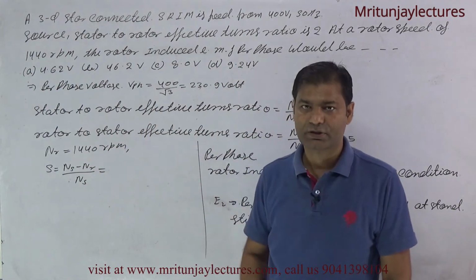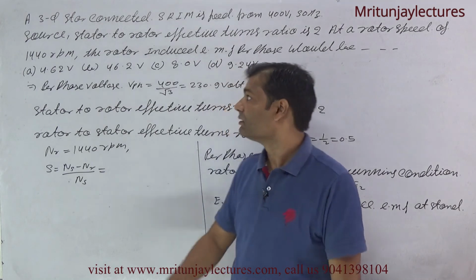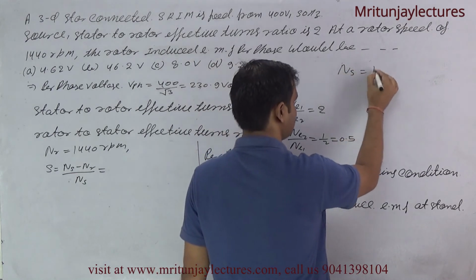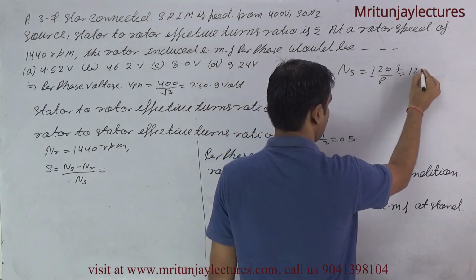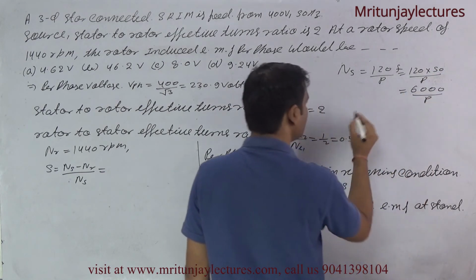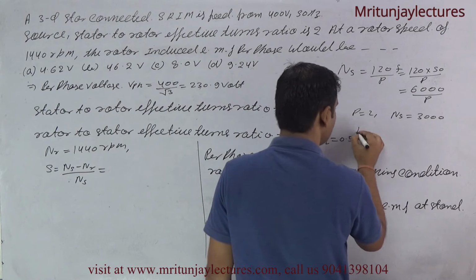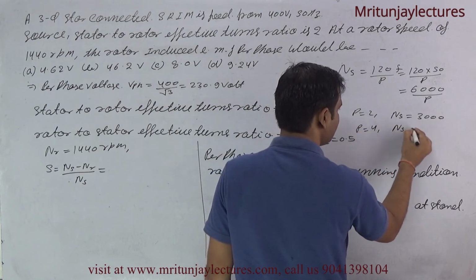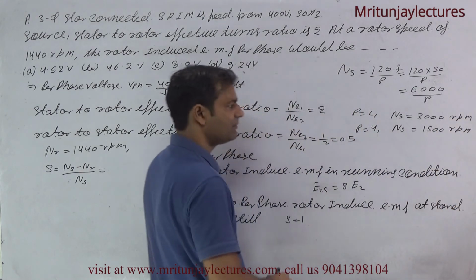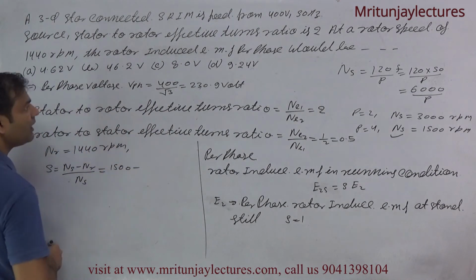Rotor speed is like this one, so the synchronous speed corresponding to the rotor speed is like 1500. Now corresponding to the question, the frequency is 50 Hz. So ns is written as 120 f by P, 120 into 50 divided by P, that is 6000 divided by P. If P is equal to 2, ns is 3000. And if P is equal to 4, ns is equal to 1500, so closer to 1500 rpm. So we consider ns 1500 and the number of poles is 4.